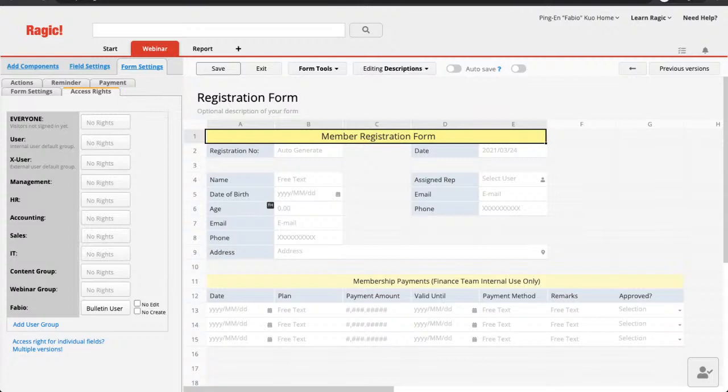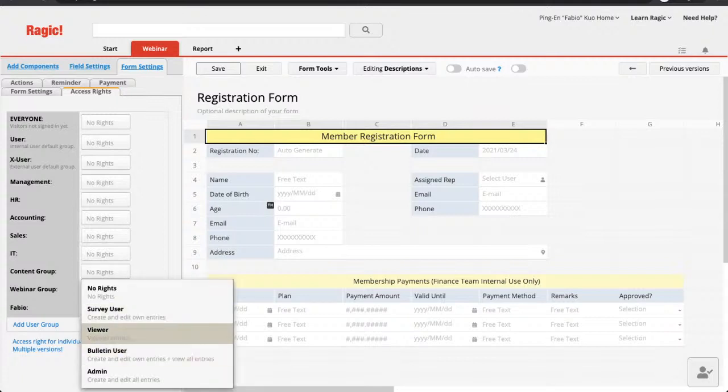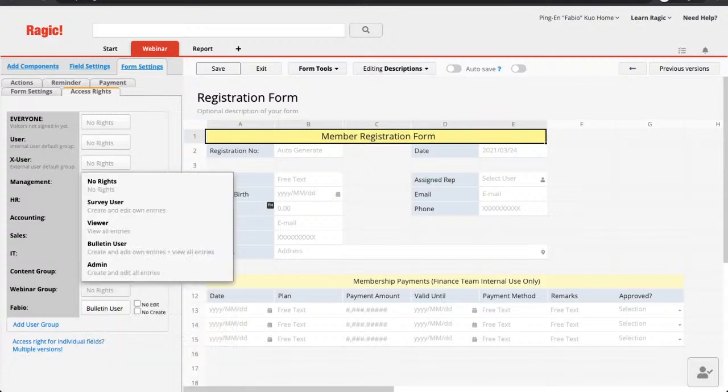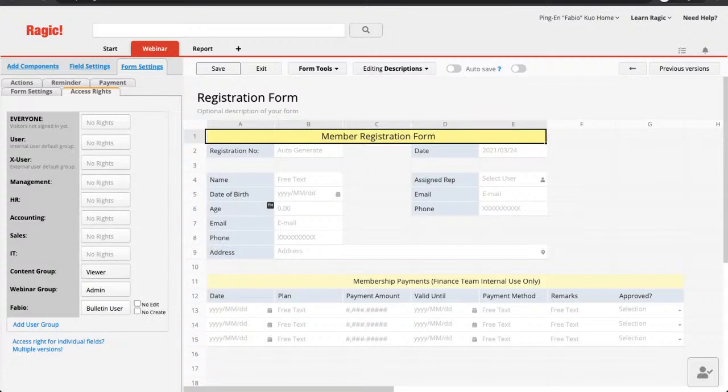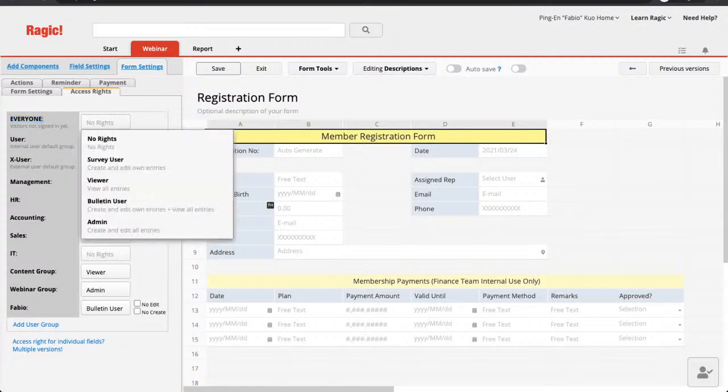And of course, you can set it for different groups as well. Content group, I want them to be only the viewer. Webinar group, I want them to be the admin. Each user group can have different access rights depending on what you would like to do. However, make sure that this one will be a bit special. The first one, everyone, it really means everyone. So if everyone has viewer rights,